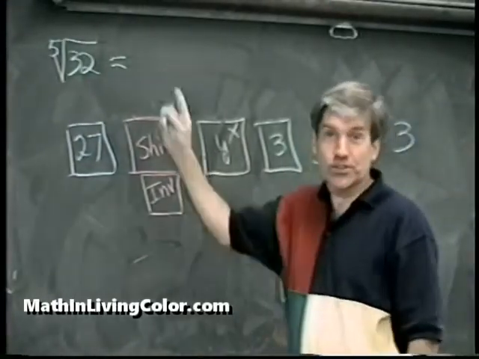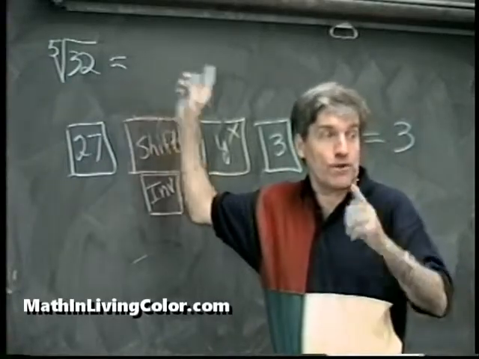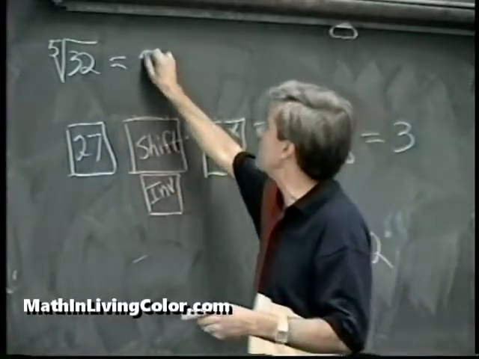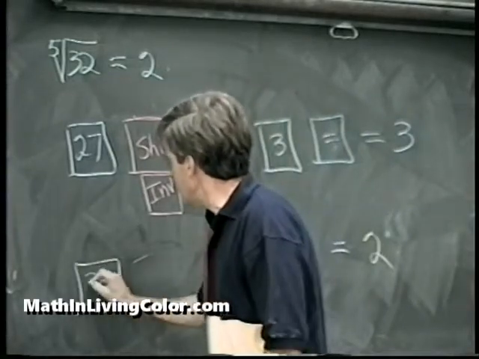2. In your head, you do it: 2. How did you know it's 2? Because you know that 2 to the 5th power is 32, so therefore the answer is 2. How would you do it with a calculator? Starting out with 32,